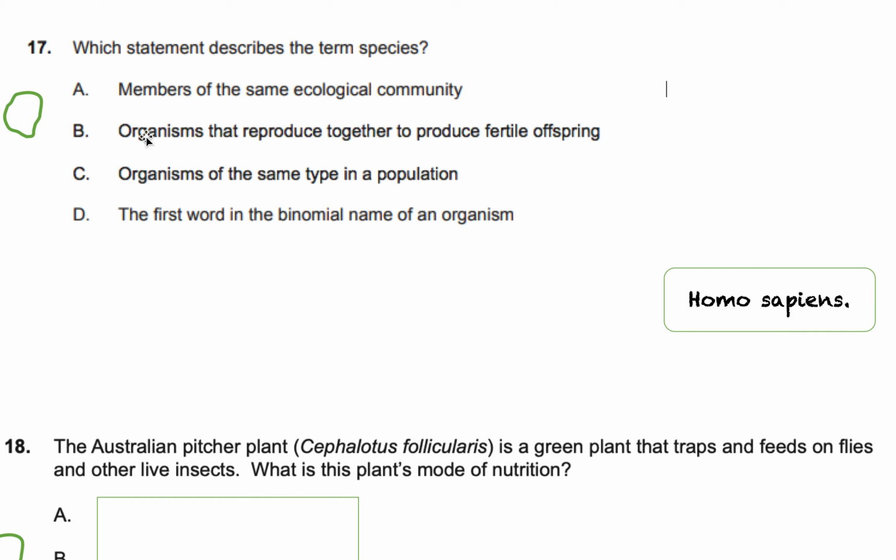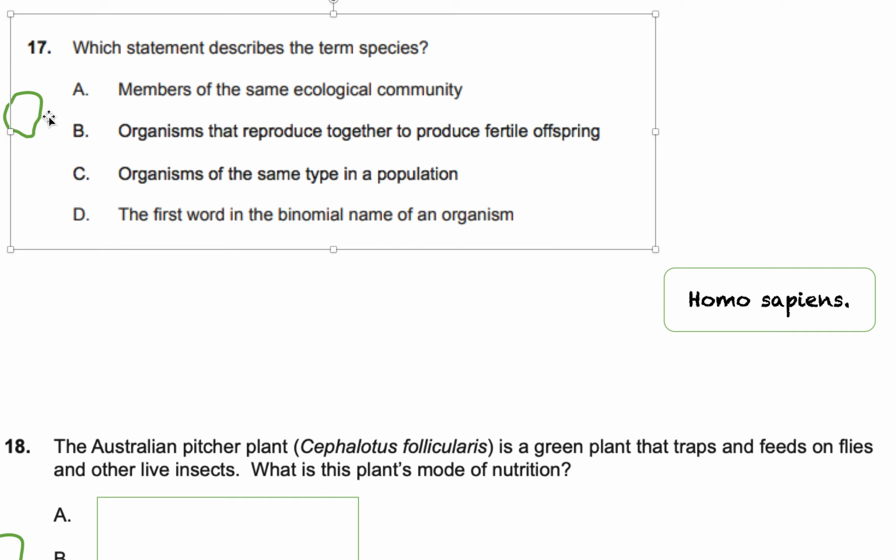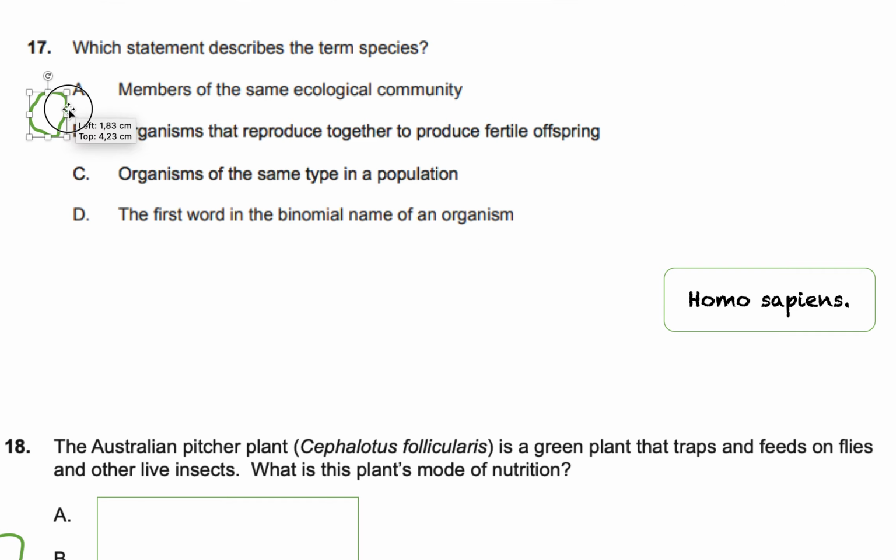So it can't be A. B, organisms that reproduce together to produce fertile offspring. Yes, that's true. And what's key in this sentence is the word fertile. For example, it doesn't mean that when 2 organisms reproduce and they produce a kid, that they're the same species. To be a species, these two organisms need to reproduce and make a kid that can make their